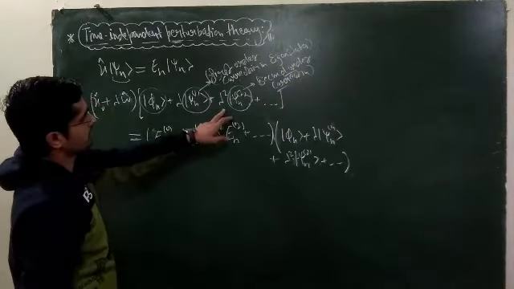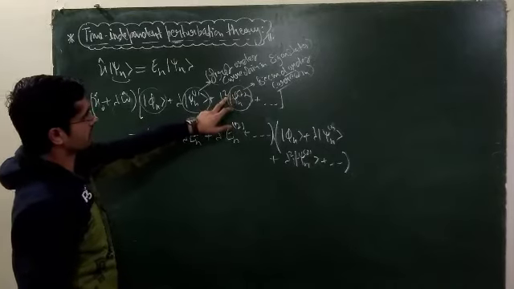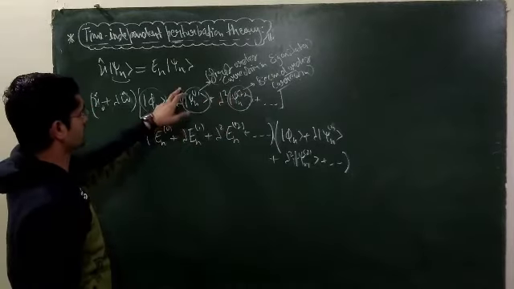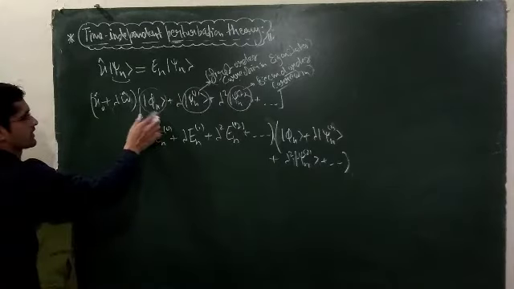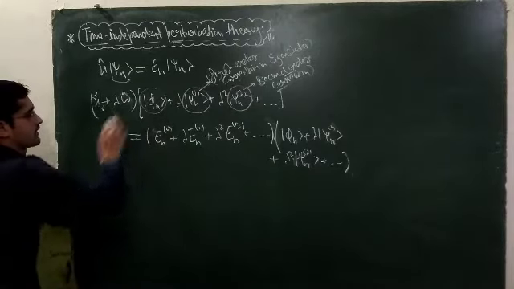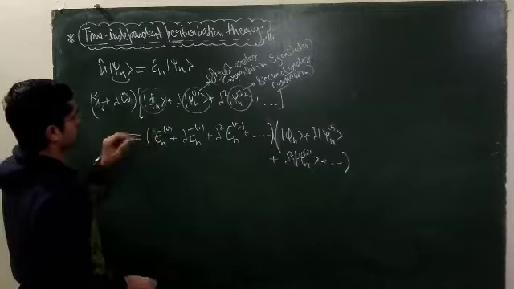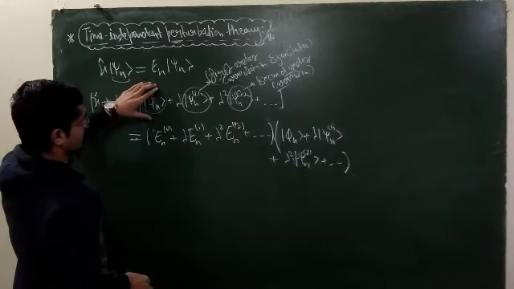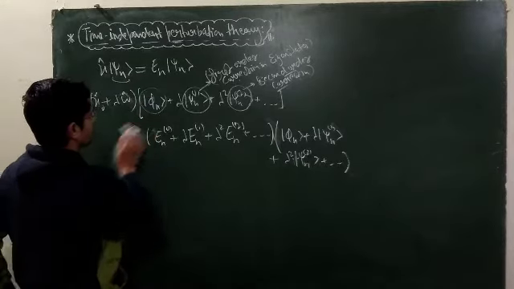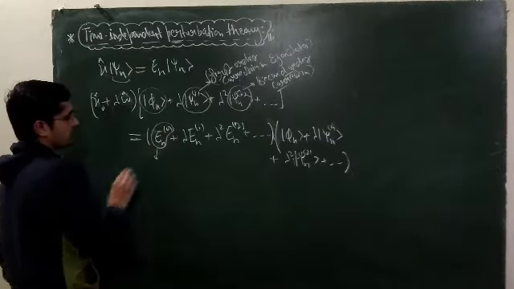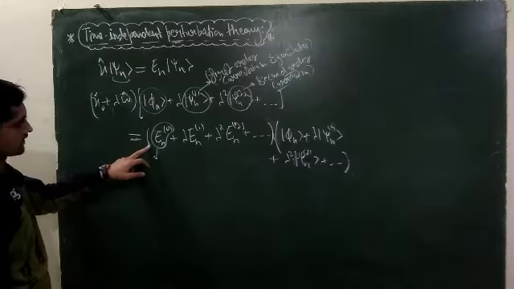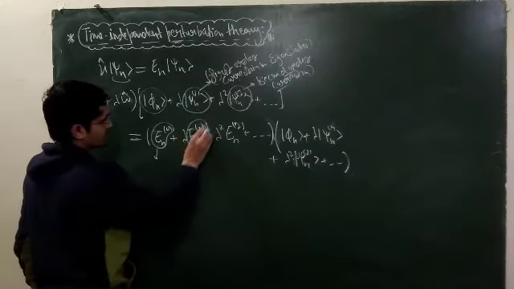Why is it second order? Because it is the coefficient of lambda power 2, and this one is the coefficient of lambda power 1. That's why it is the first order correction. It is the zeroth order because it is the coefficient of lambda power 0, which is the exactly soluble state, so you don't have to call it a correction. Again, this is the exactly known eigenvalue, and these are the first order correction